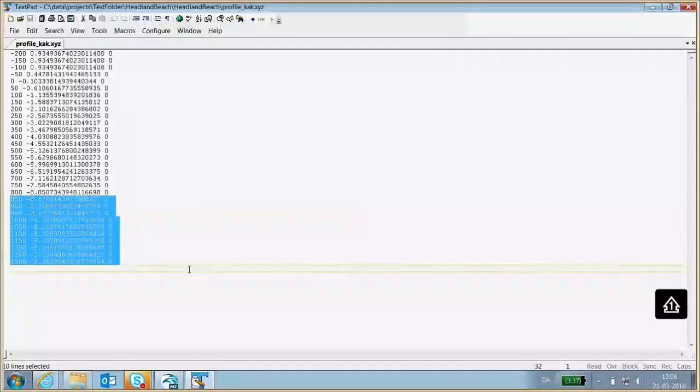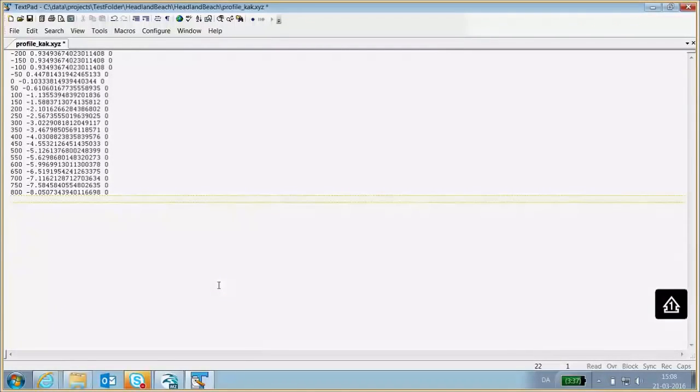So I'm simply going to delete these values here beyond the depth of closure and then put in a new line, minus 18.0000, like that. And then just one more line there. And now you can see this corresponds actually to a slope of 1 in 10 beyond the depth of closure. So thereby I'm ensuring that the coastal profile is only used down to the depth of closure and a little bit beyond that, just where that 1 in 10 slope is going to cross with the bathymetry in the mesh.